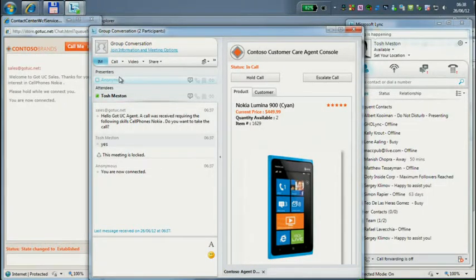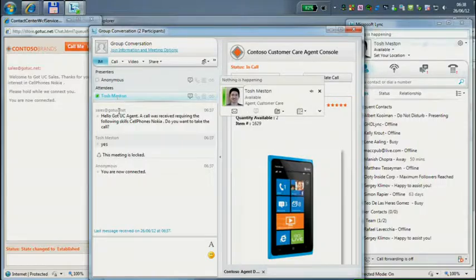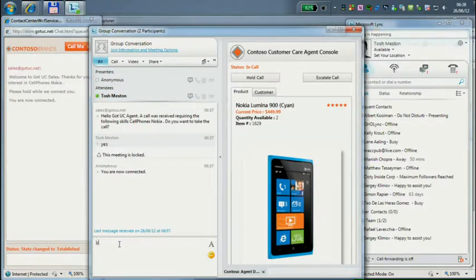So I'm now connected to an anonymous customer and I can start talking to this customer. So I can say hi. And here on the left-hand side, you will see, by the way, that it's not Tosh. Just like a moment ago, I had the choice in I'm an expert to reveal my identity or not. I, in this case, as an agent, do not want to reveal my identity. So I'm anonymized as a God-you-see agent. And I can say hi to that particular customer.